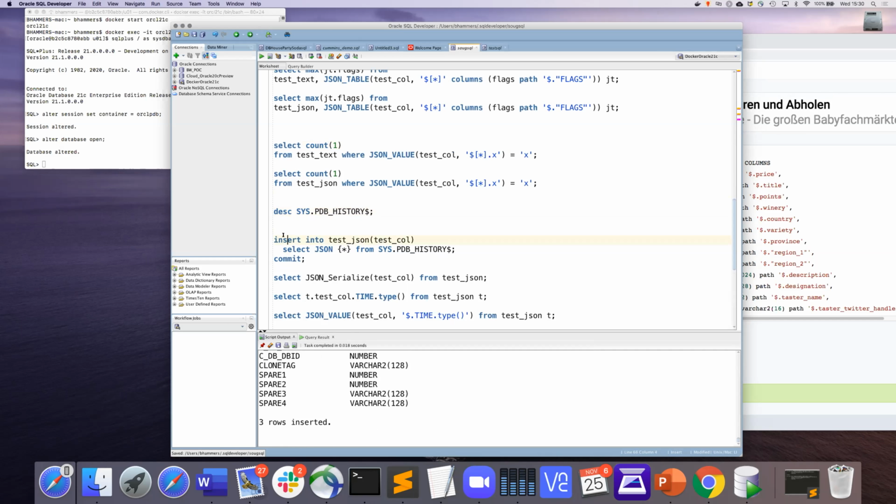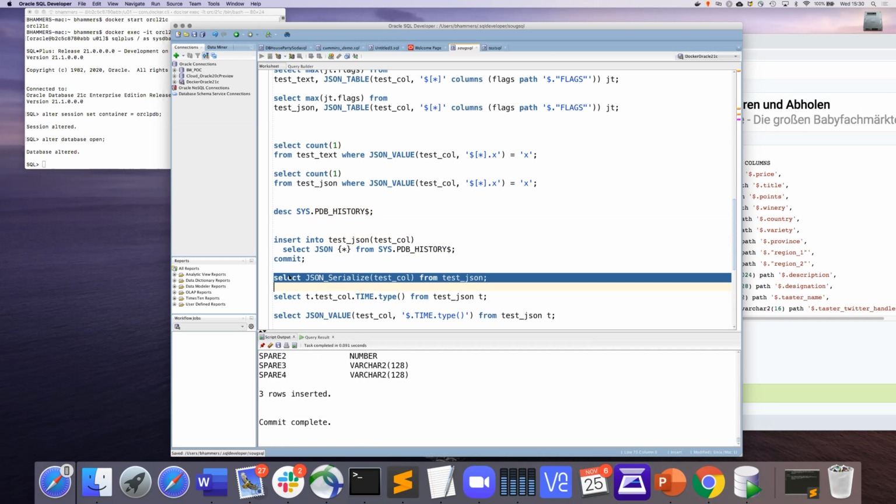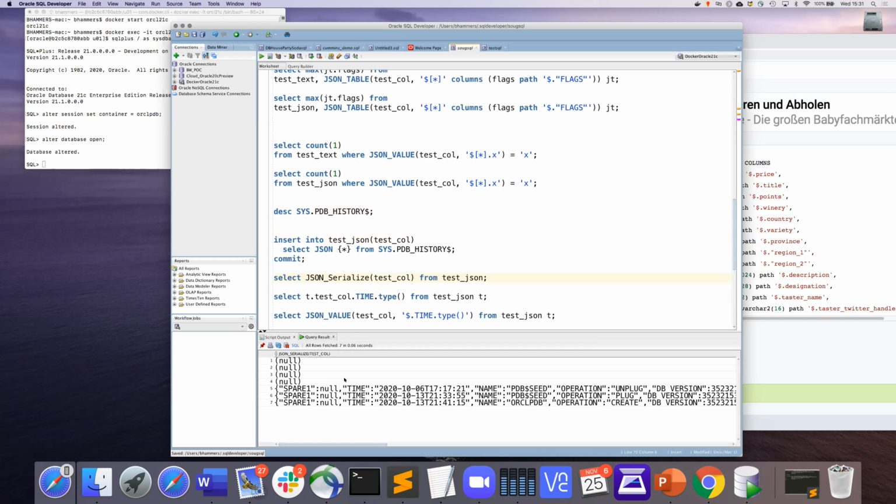But let's insert the JSON that we generate from this table. So what you see here is we have these spare fields, we have a time, and if you look at time, this looks like a string here, although it was a date in the original view.